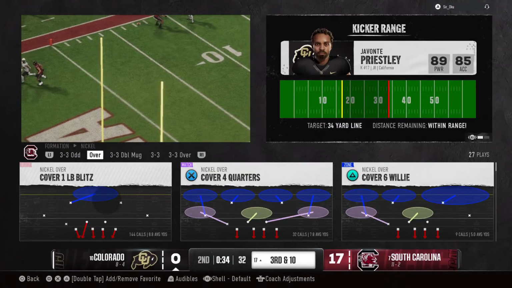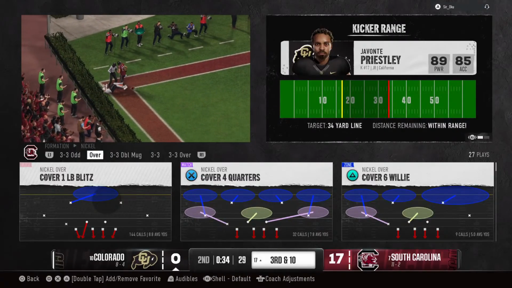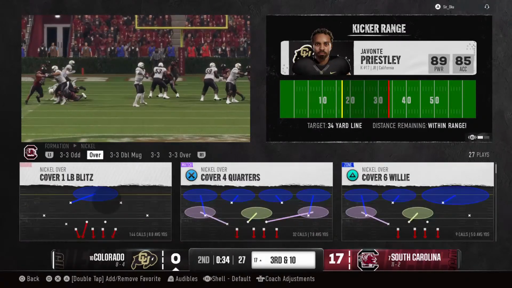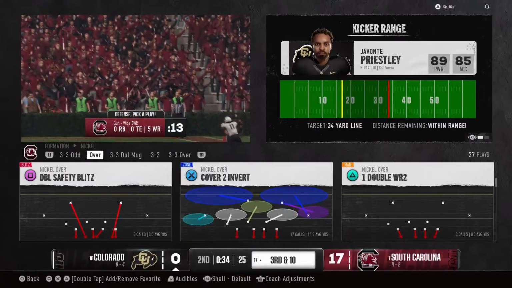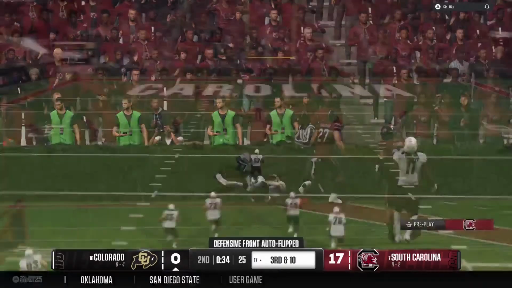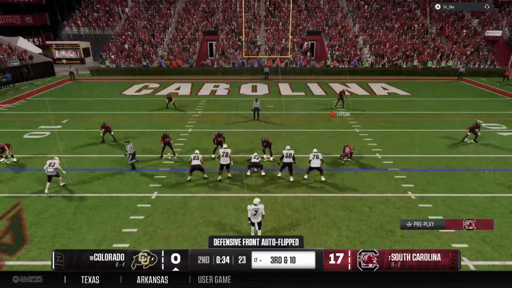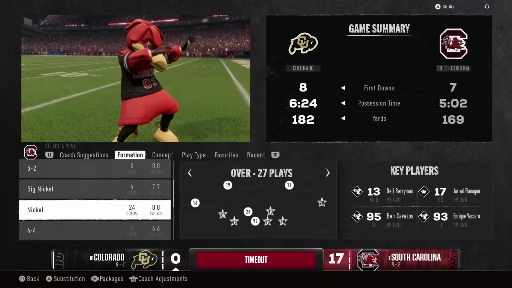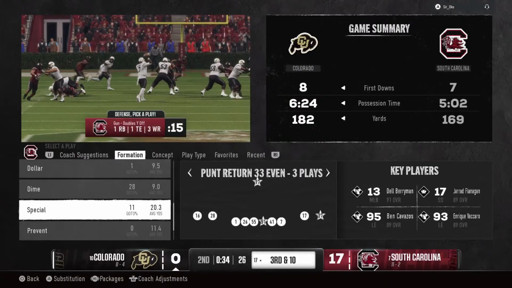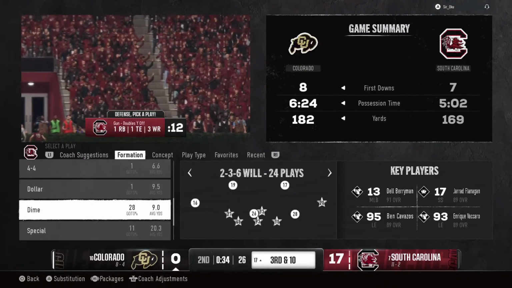Boy, not only did they drop what looked like an interception in their own end zone, they blew a golden opportunity to shift the momentum in their favor. The offense was moving well, but 2 incompletions sets up a 3rd and 10. Now the timeout is called by the defense. They've got some things to work out here.